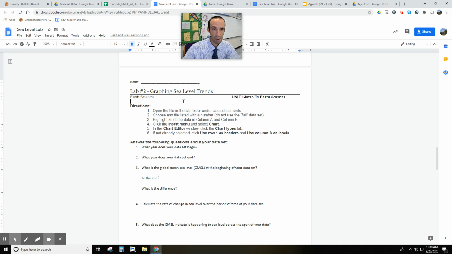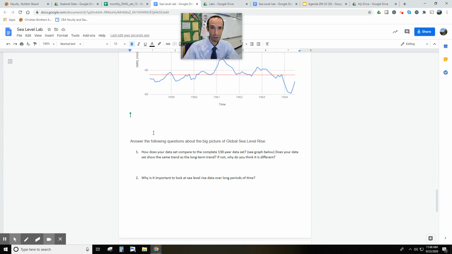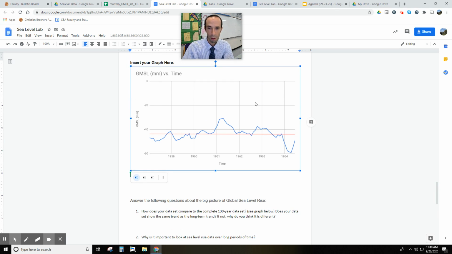I'm going to be collecting this lab in class next week. If you finish this and want to print it off, I am going to collect this as a paper document, so you should print it off, and then you're going to be bringing it into class the next time that you're here and adding it to another part of the lab. So that's pretty much it. That's what you're doing today. You're working on this lab, pretty straightforward stuff. And if you have any questions, don't hesitate